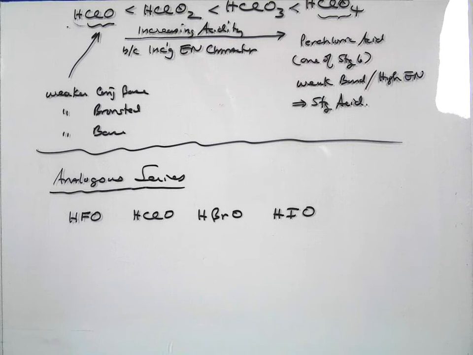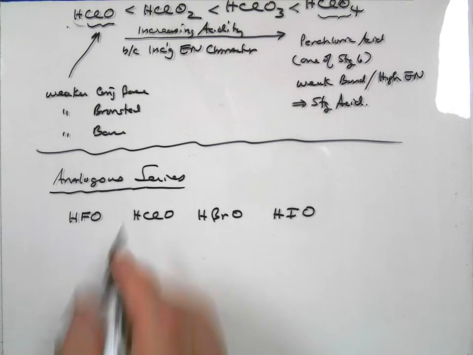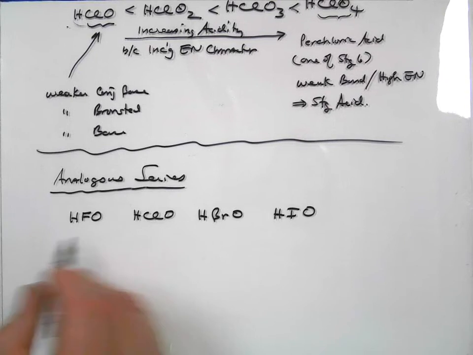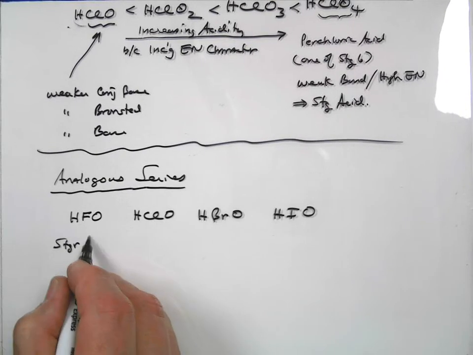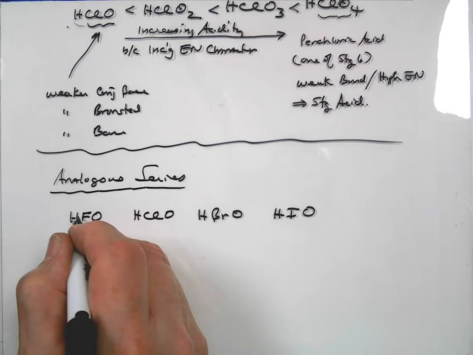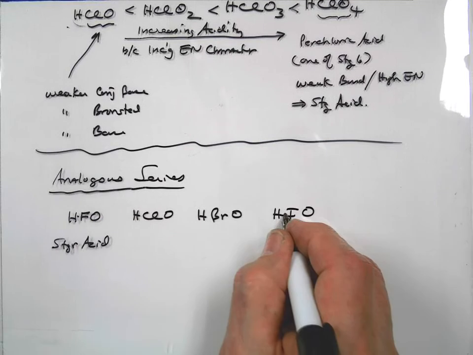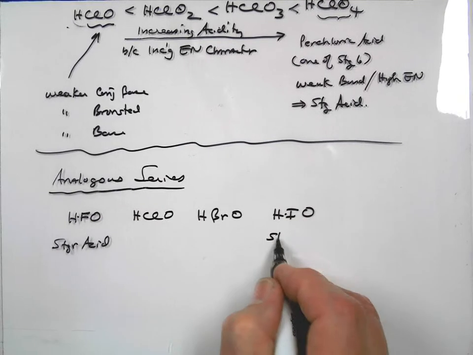The higher electronegativity in molecular structures like this would be the stronger acid, because this bond in here would be weaker than this bond in here. This was a stronger bond,